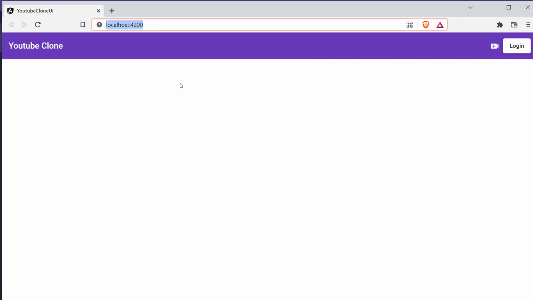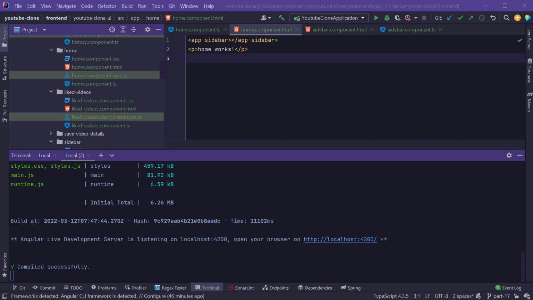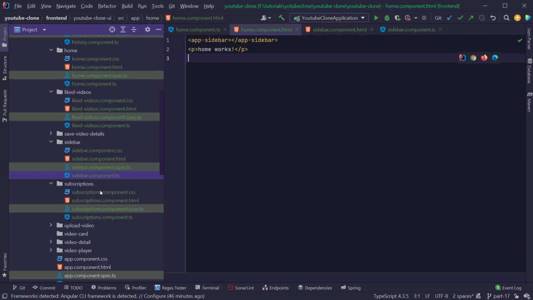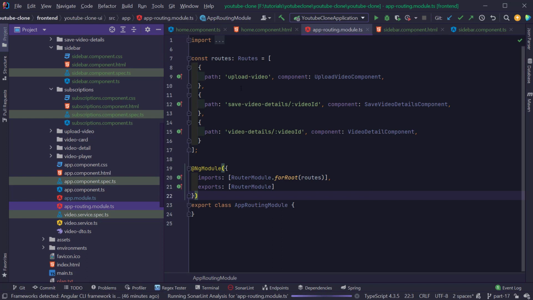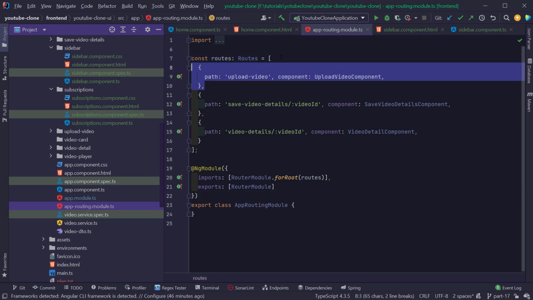So I opened the address localhost 4200 on my browser, and you can see that you can't see anything yet. This is because we did not define the route inside the app routing module.ts file. So whenever we are opening localhost 4200, we have to display the homepage component, right? So to define that route, I'm going to go back to IntelliJ and go to app routing.module.ts file, and I'm going to just copy this existing path,